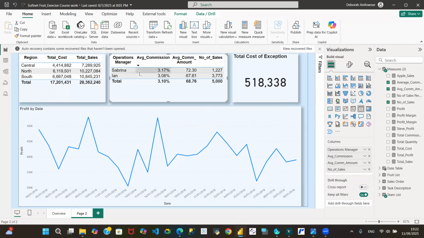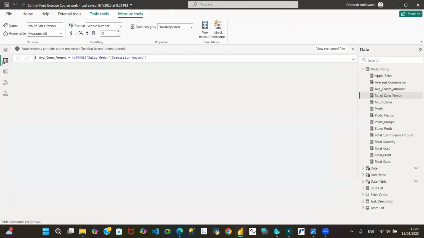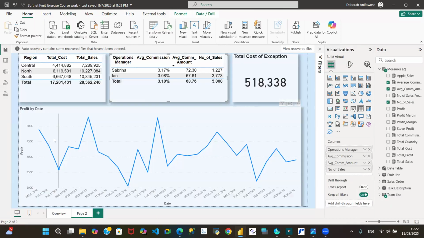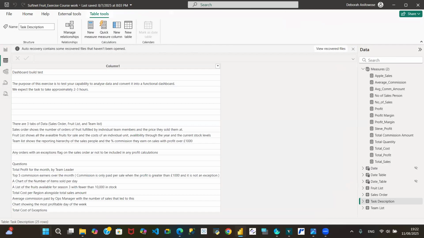So we have that, we have that, we have that. The only thing that I said we will need to discuss and find a way around is this one. How are we going to show what this question is asking us to show? It says that we should show a chart showing the most profitable day of the week. How do we intend to show the most? And that question is wrong, actually. It should be the most profitable day of the